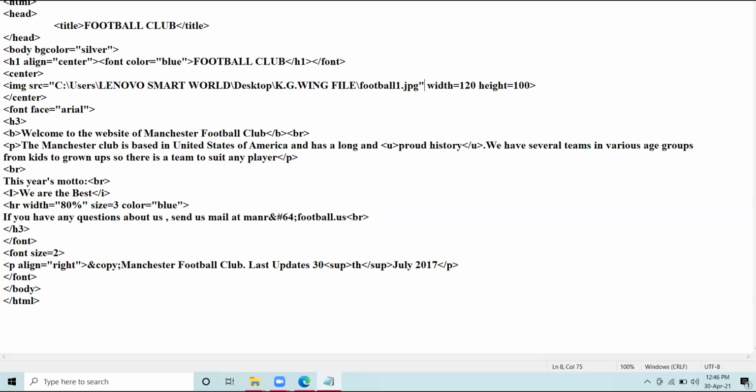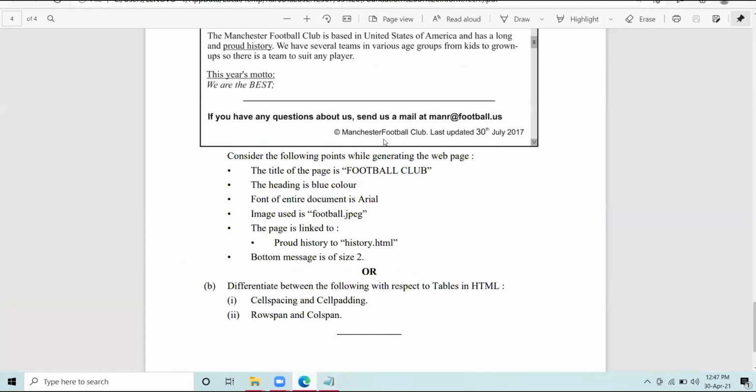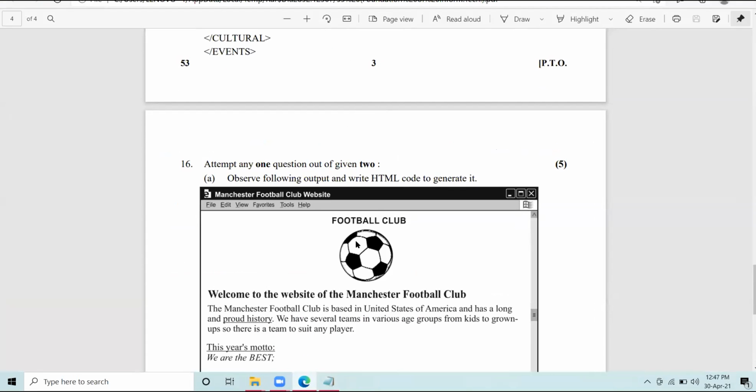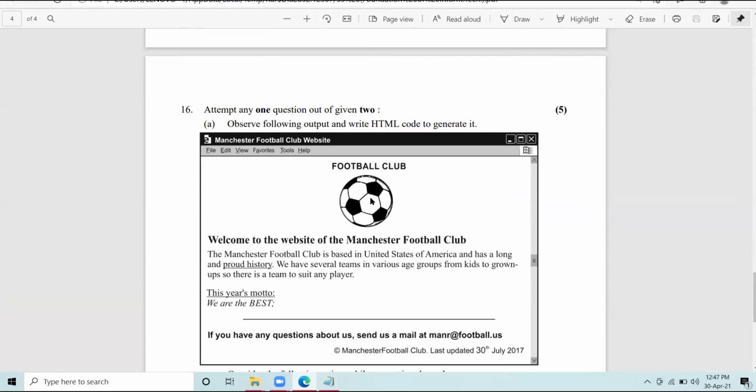Okay. Now there is one concept here. The image needs to be placed in the center. Who will tell me the solution of it? I have told you many times, if the image comes in the center, how to put it in the center of the web page. Let me test whose hands are more being raised, 10th A or 10th D. It's equal. Very nice. Good response.